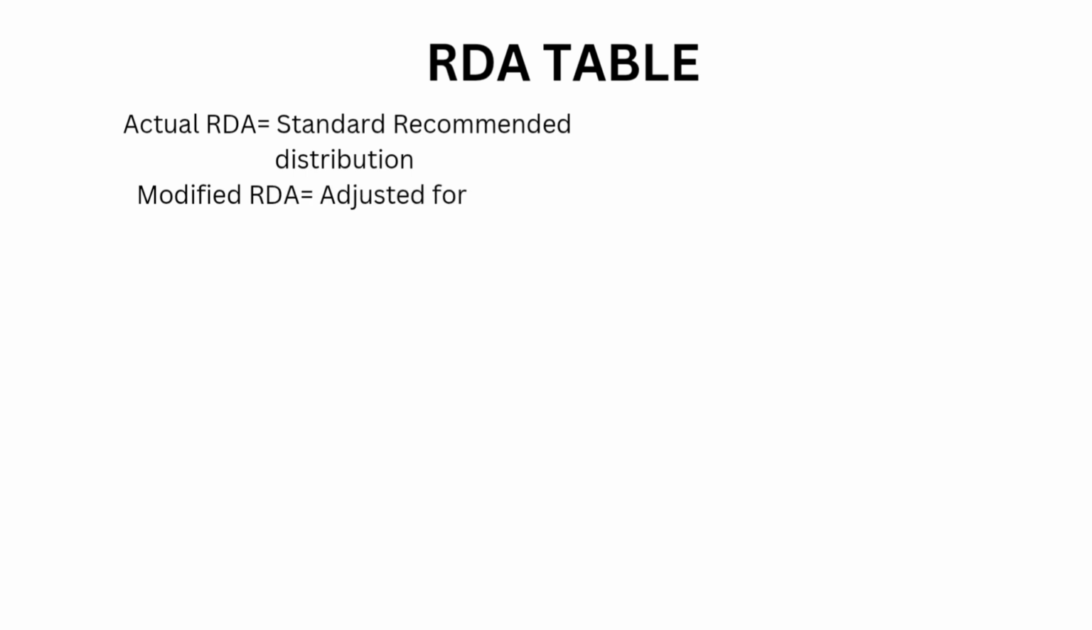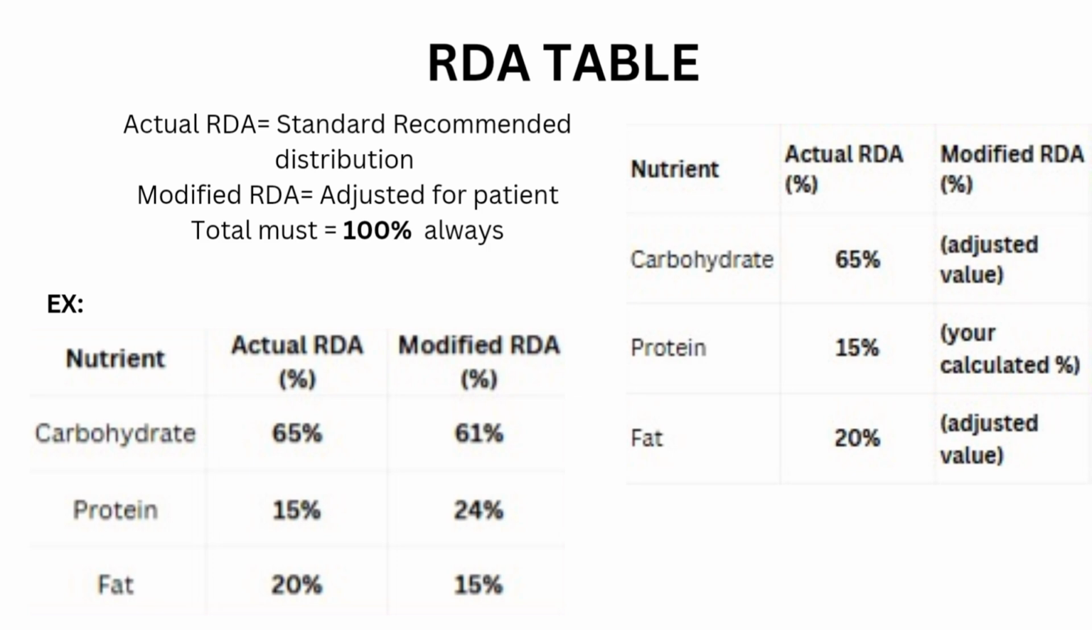Before we move ahead, we need to understand how the RDA table works. We use a simple three-column table: nutrients, actual RDA, and modified RDA. The actual RDA is the standard recommended distribution. Carbohydrate 65%, protein 15%, fat 20%. These are general guidelines for a balanced diet, but every patient is different, and their needs change depending on their BMI condition and